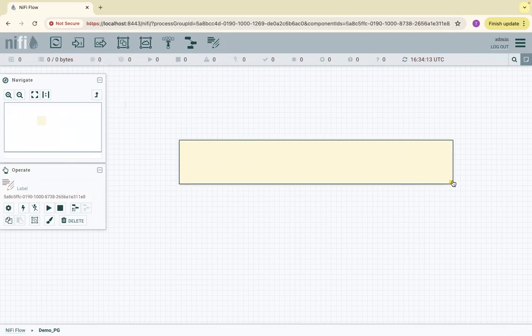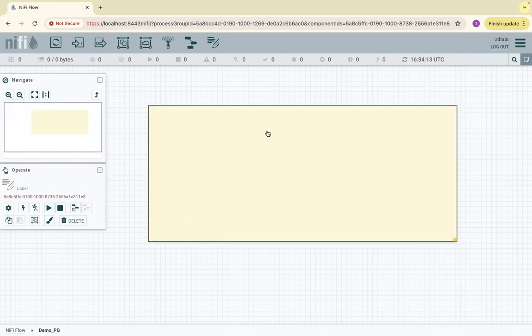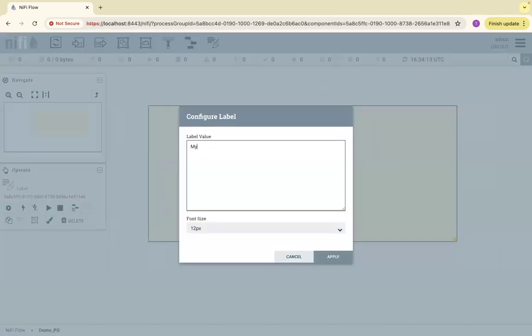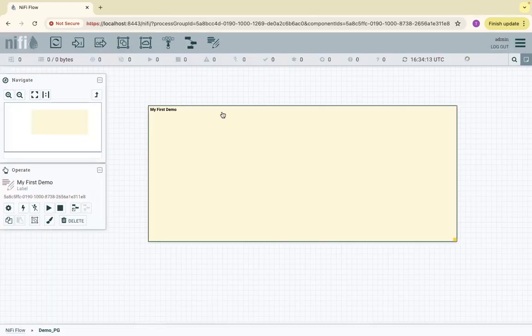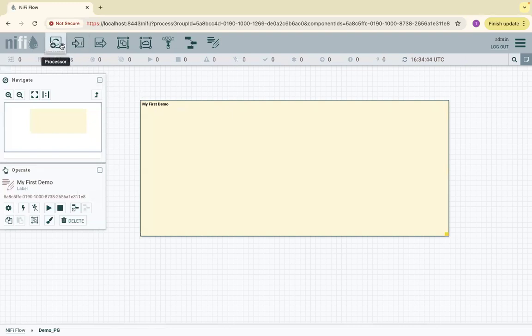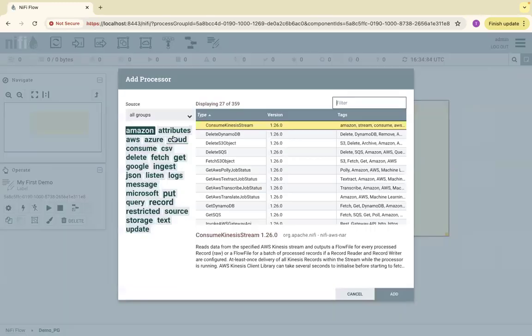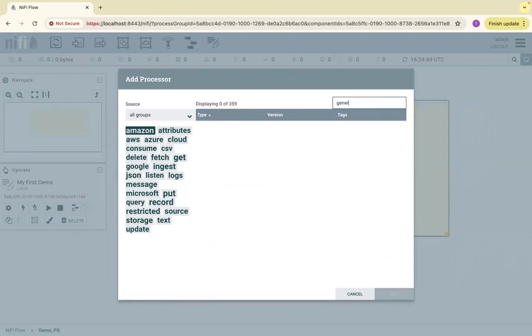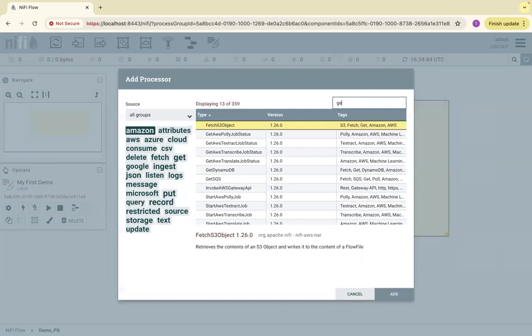Label is just a description. I'm gonna increase this one. My first demo. Okay. So on this label, I'm gonna pull one processor here. The processor is called GenerateFlowFile. If you type generate,